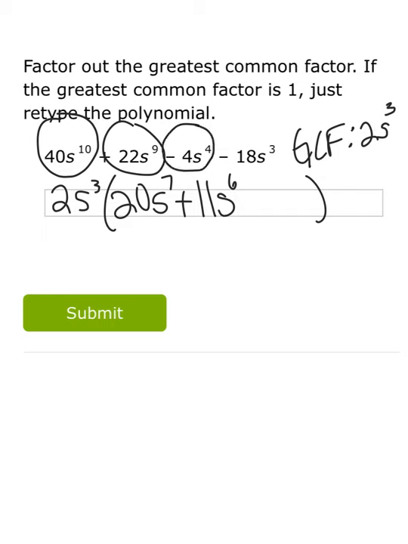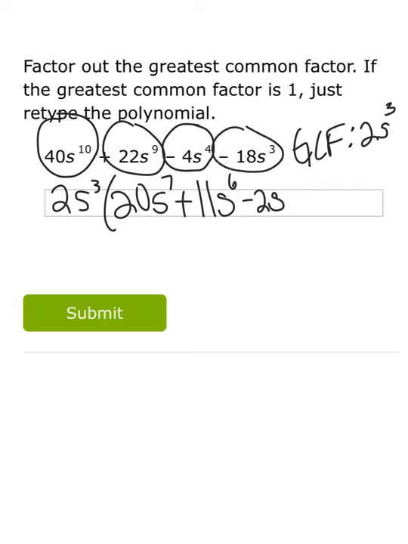negative 4 divided by 2 is negative 2. And then s to the 4th divided by s cubed would just be s. You had 4, you took out 3, so you're just left with 1 s. Okay, then the very last term,